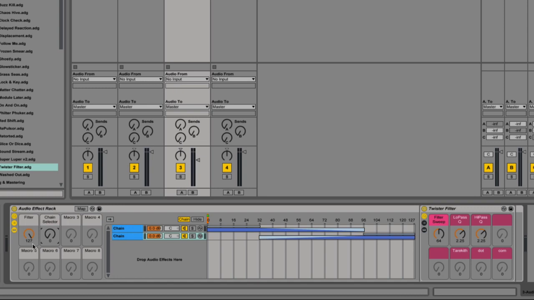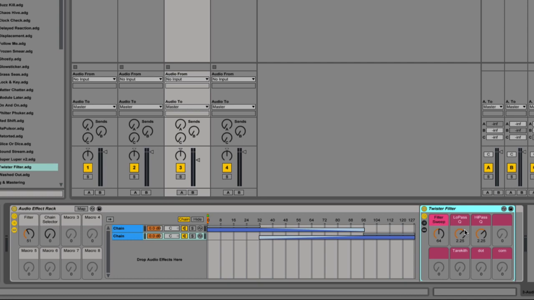The first one is being controlled by this button right here, so I'm just going to set the filter around here. And the other one is using this other little effect here that is actually an effect group. So it's pretty much Inception. I have an effect rack inside another effect rack, and this is really a cool effect,